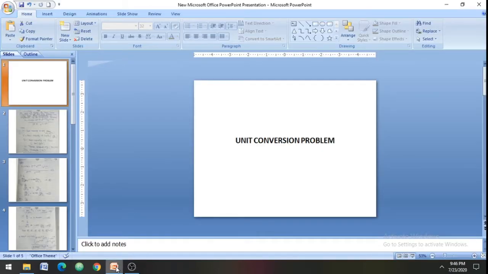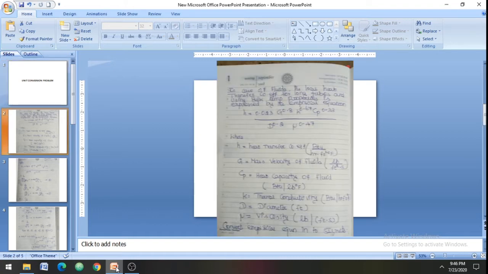Hello students, now we are going to discuss a unit conversion problem. This is an example problem of unit conversion. In case of fluid, the local heat transfer coefficient for a long tube, using bulk properties, is expressed by the